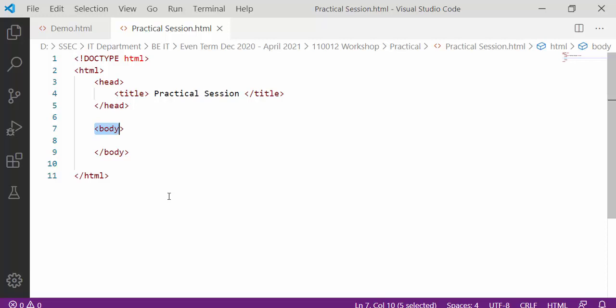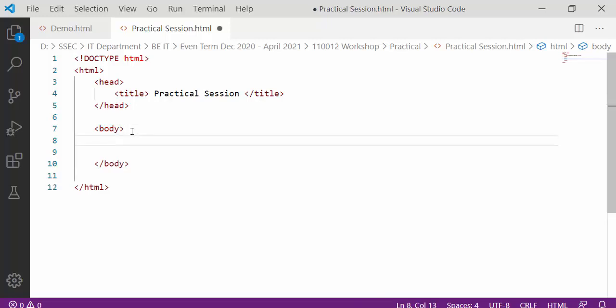Now we are going to a basic tag for giving the heading of our web pages.